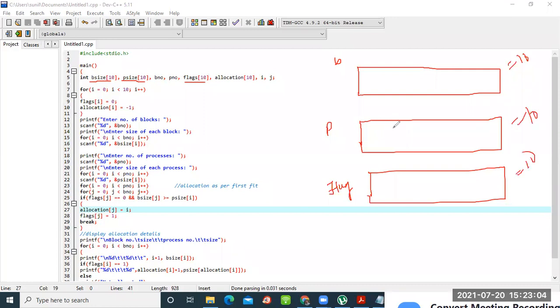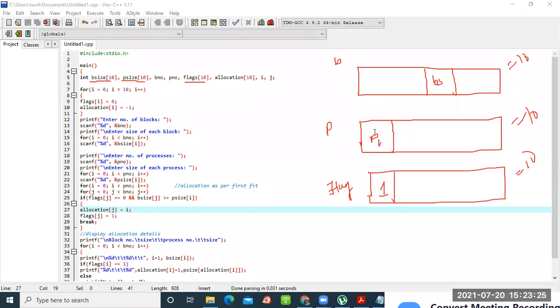Now assume some process P1. If it is allocated to some block, B4 or B5, I will assign this flag to 1. That means if the flag variable is 1, the process is allocated to a memory block.